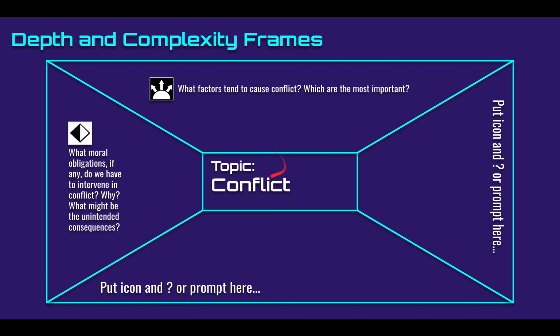So for this one, I just chose a really general topic, conflict. That shows up in social and emotional learning. That shows up in history. That shows up, of course, when you're talking about plot and all of that stuff. You could even, thinking about it from AP Human Geo, ethnic conflict, getting more specific. So again, I chose my icons and then I asked a higher level question based on that icon.